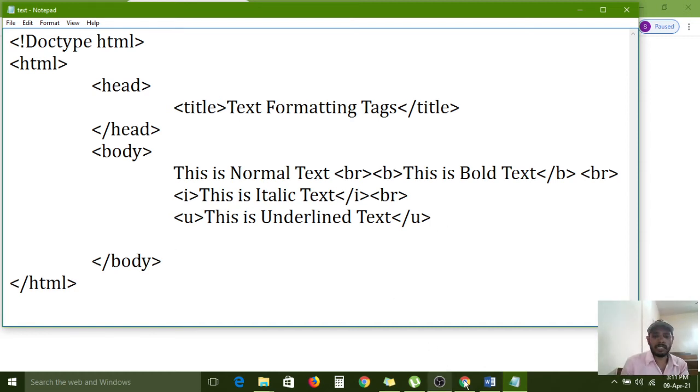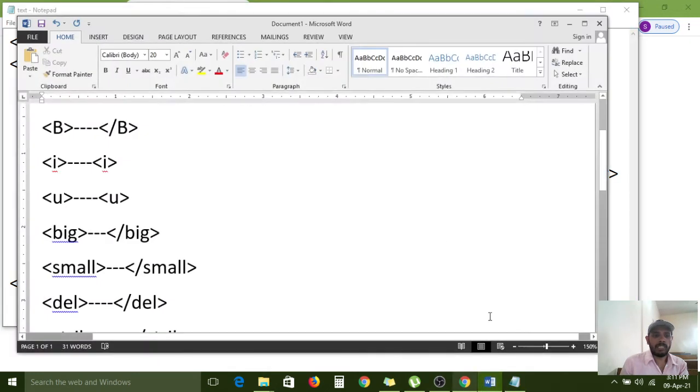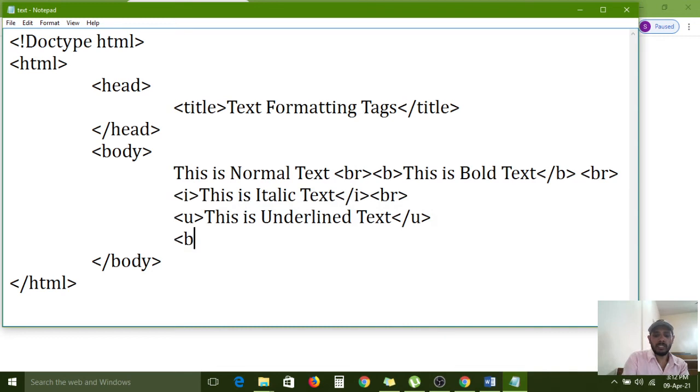Next example is big and small. So this is the big text, big tag, opening and closing. This is big text. So here one break the line, and this tag I am using here.